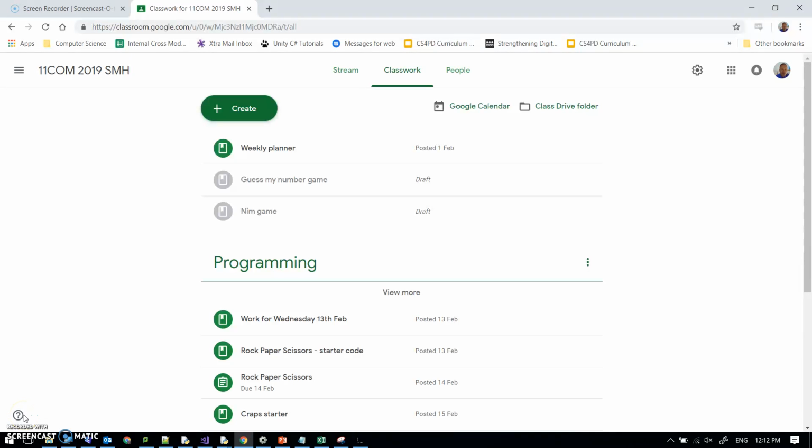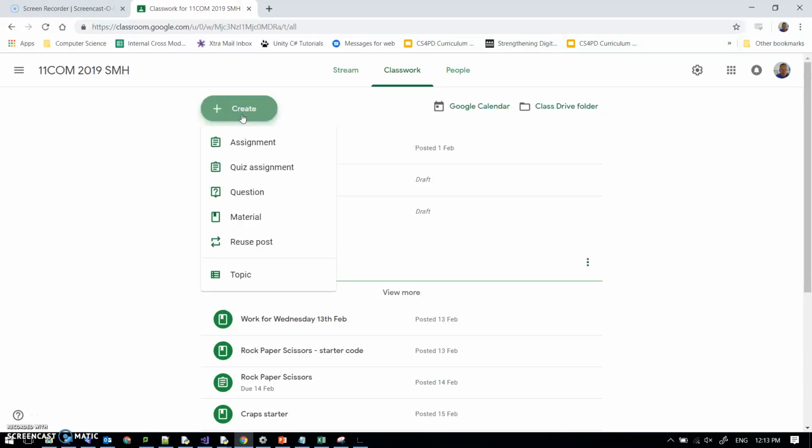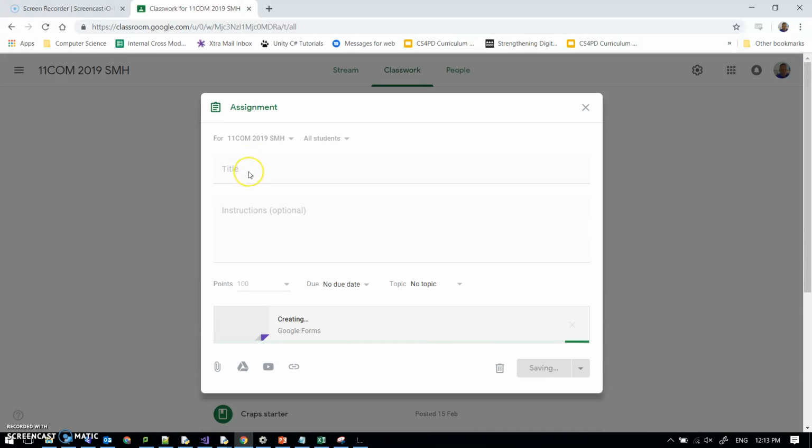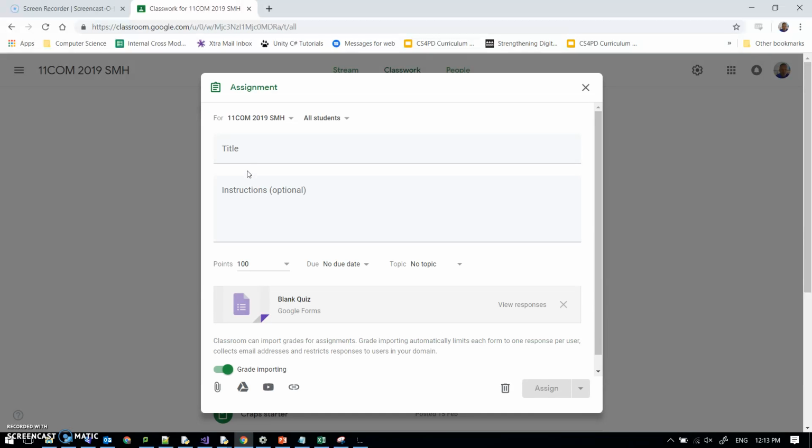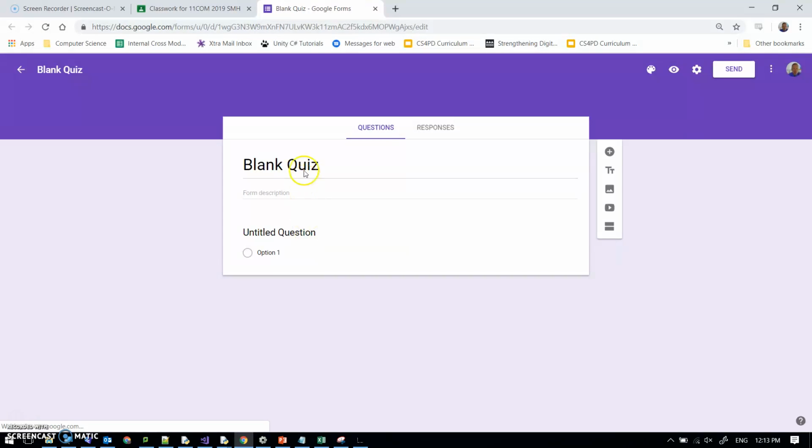Using Google Forms for Student Voice is pretty common. We can now do this directly through Google Classroom with a quiz assignment. I'm going to do one right here for my Year 11 class. I'm going to do a feedback, and it's created a blank quiz for me. If I click, I am in that blank feedback quiz,